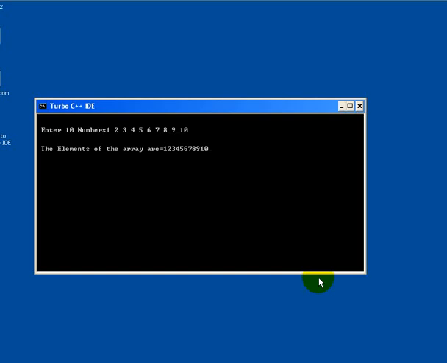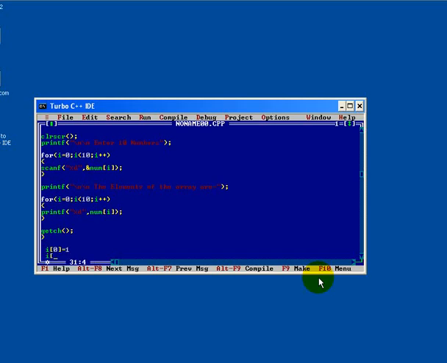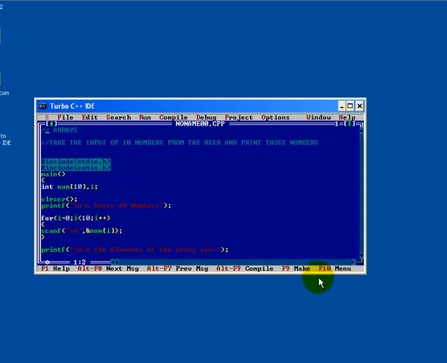Means in a single variable 10 values are stored as per the index number. Means 1 is inside index 0, 2 inside 1, and so on till 10. See, actually in memory it is stored like this: i of 0 equal to 1, then i of 1 equal to 2. Like this it is creating an index element series. So here we complete the first program of